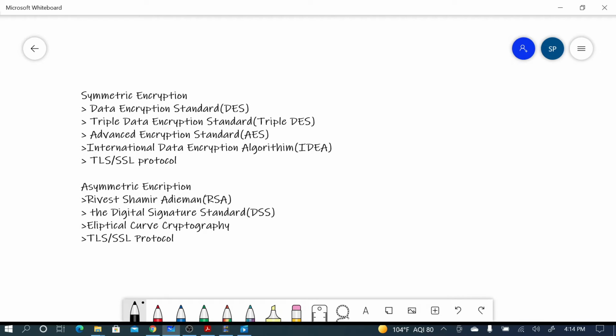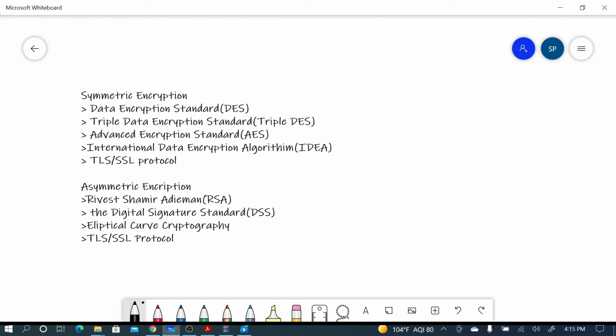So all four are using symmetric encryption, and Transport Layer Security and the SSL, Secure Socket Layer, protocol are also using symmetric encryption. An example of asymmetric encryption is Rivest Shamir Adleman encryption, which is called RSA, which is the oldest one. Then we have the Digital Signature Standard, DSS. If you see digital signatures, they are using the public key and private key model, so that is also using asymmetric encryption.